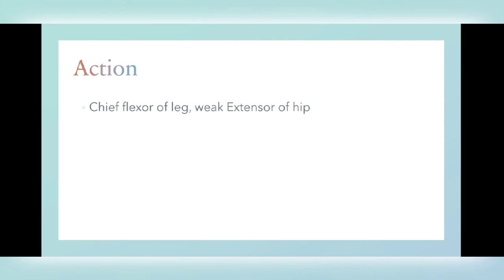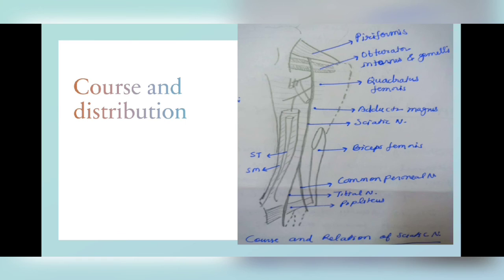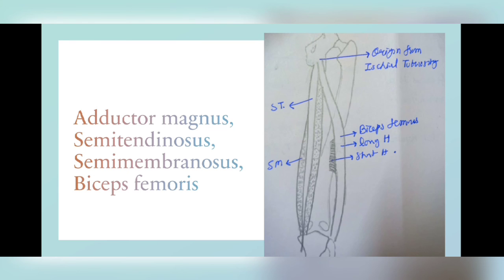Now next is the action of hamstring muscles. Hamstring muscles are chief flexors of leg and weak extensors of hip. The strong extensor of hip is gluteus maximus. These hamstrings are mainly flexors of leg, and semimembranosus and semitendinosus are medial rotators of leg, and biceps femoris is lateral